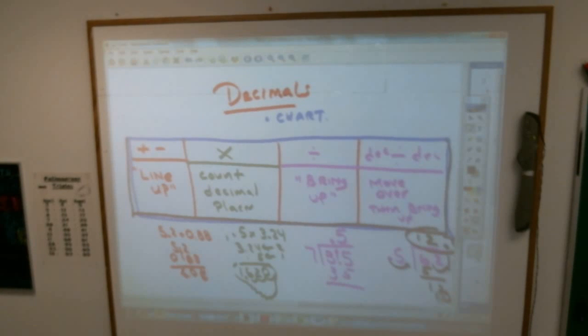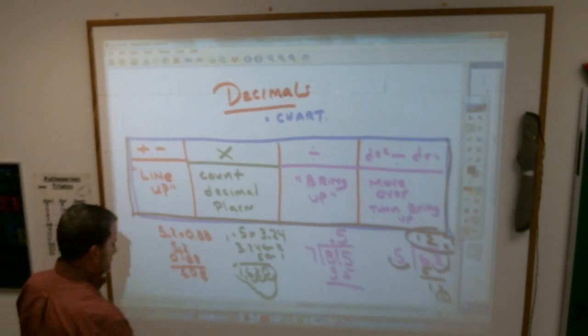And then the other thing, if you take out a blank piece of paper, the other one is